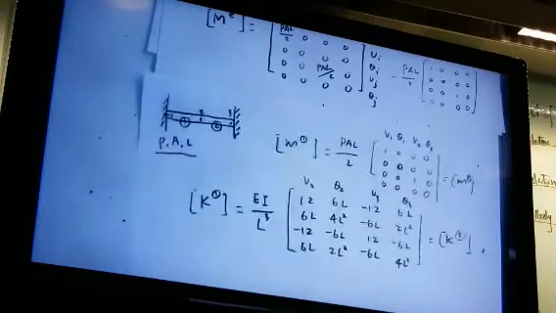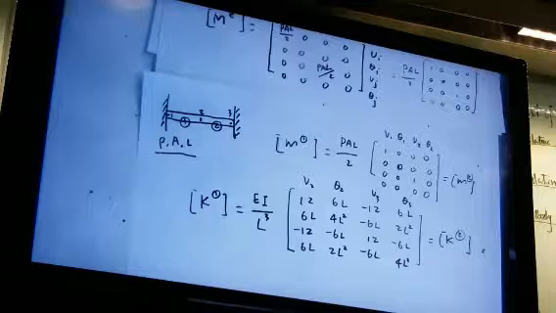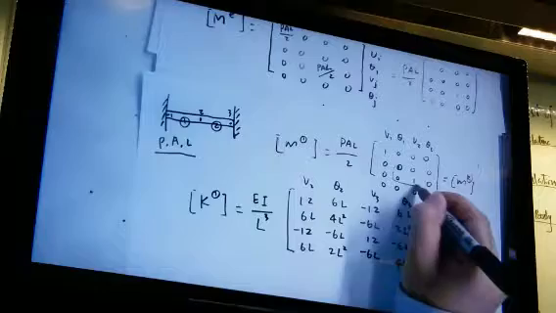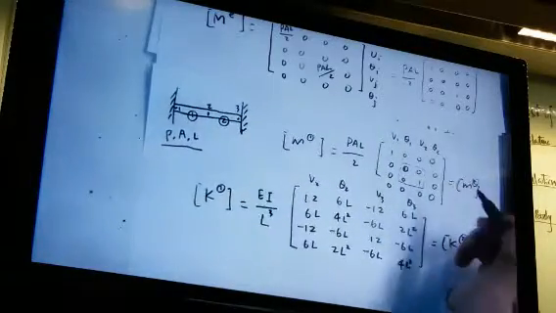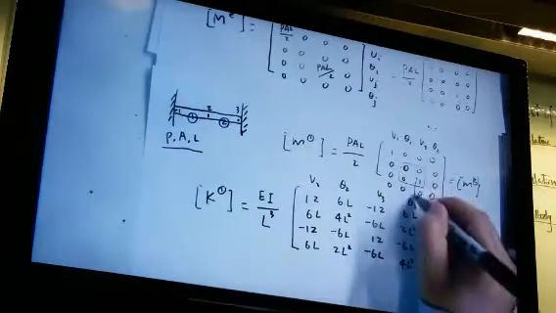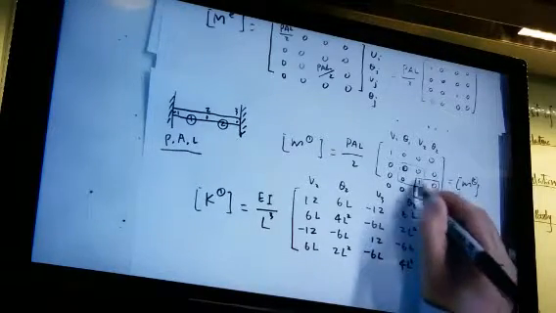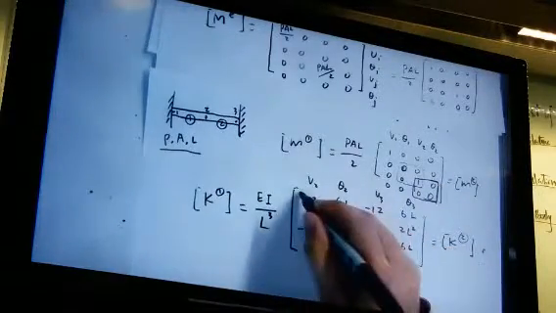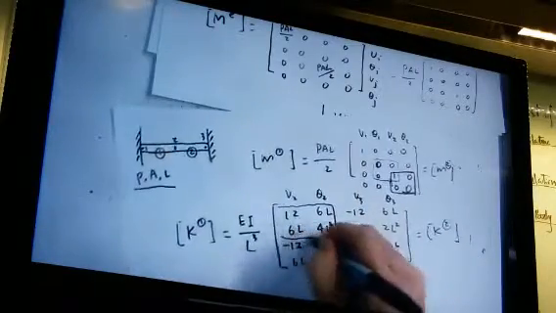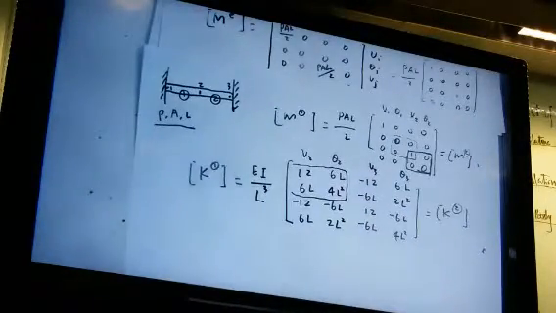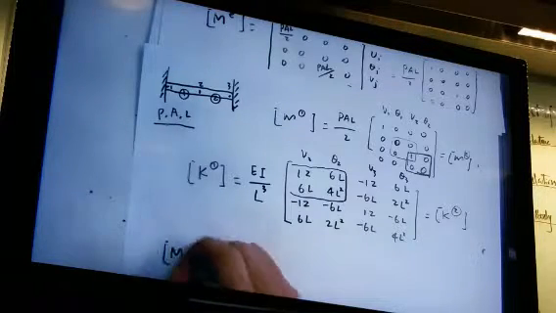And then we apply the boundary condition. Before we do the assembly, we can apply the boundary condition, because this structure is very special: both the first joint and the third joint are fixed. You only need to worry about V2 theta 2. That means for the M matrix, you only need to worry about the V2 theta 2 block, and likewise for K. Because V1 theta 1 are fixed and V3 theta 3 are fixed, if you apply the boundary condition and then do the assembly, the total M